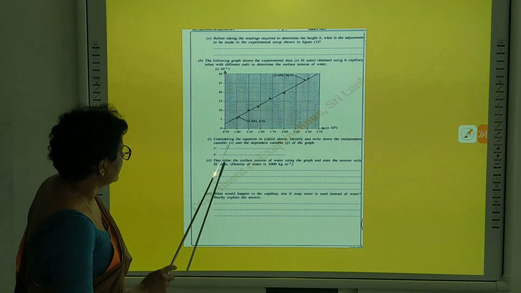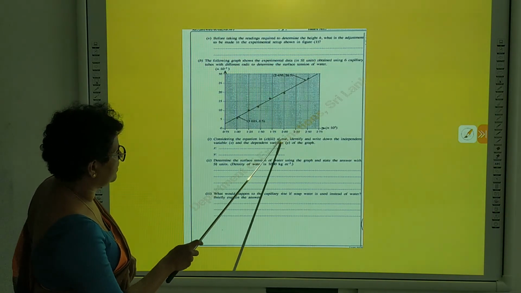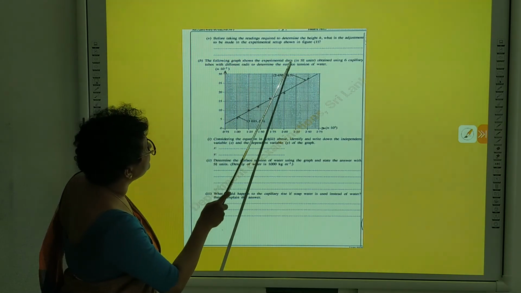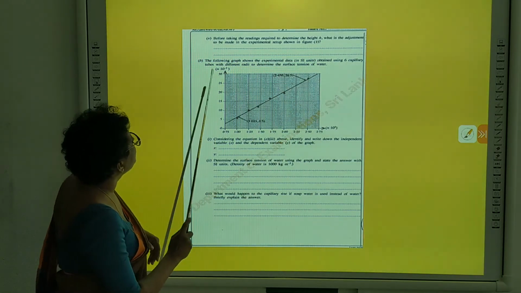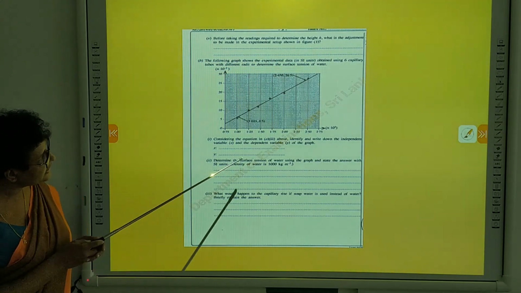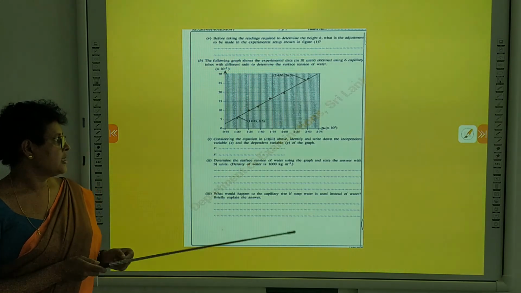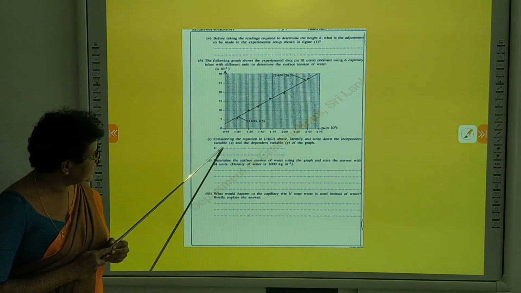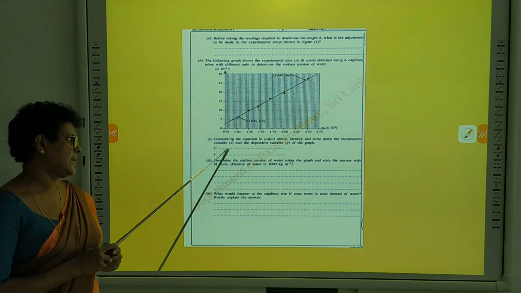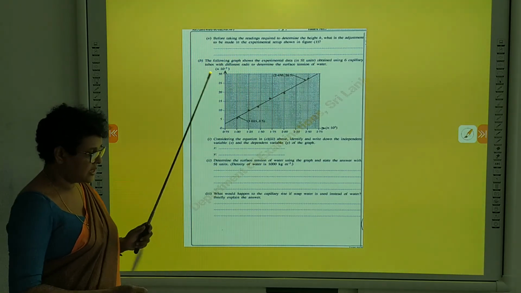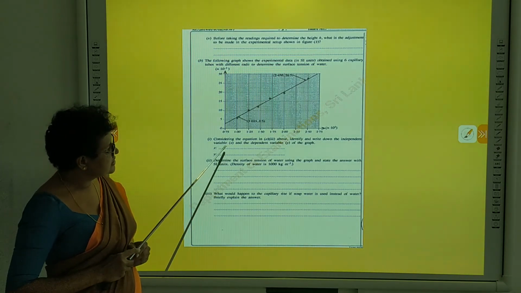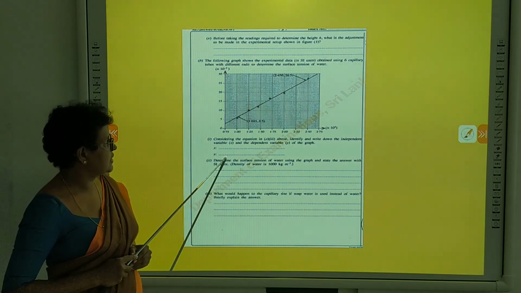Now, considering the equation in A above, right? The following graph shows the experimental data using the capillary tube with different radii, right? Now, which one are we varying? The radius of the capillary tube. So if we are varying this only, the x-axis only we can vary. So that 1 over r should be x and y should be h, right? This is the independent variable and this is the dependent variable. So here 1 over r and here h, right?